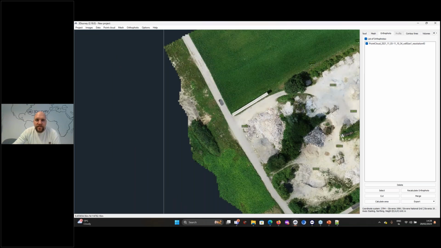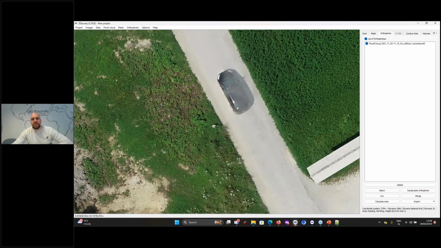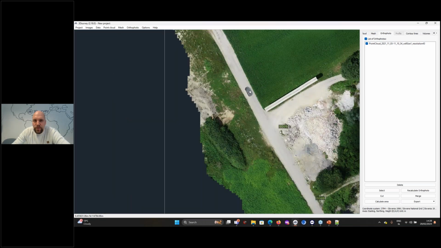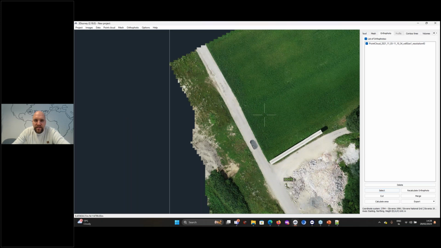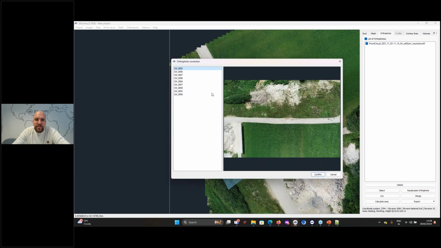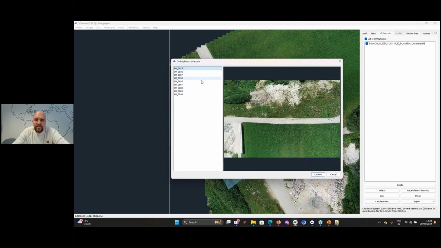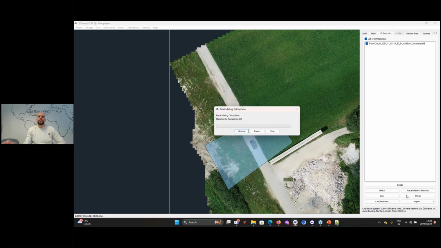So, one interesting thing. Here we can see this car which was moving. Here we actually have an option to select this area. For example, say we will use a picture like this one, where there is no car visible. So select this picture here, press confirm, and select recalculate.